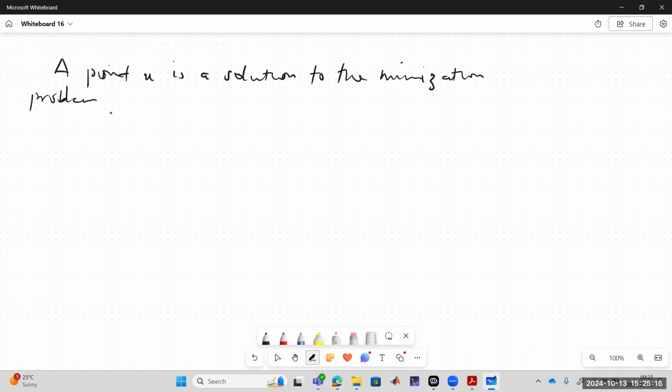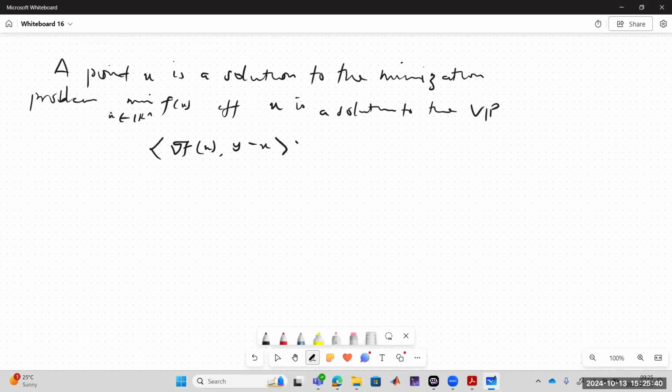Now, a point x is a solution to the minimization problem, minimize f of x in Rn, if and only if x is a solution to the VIP: the inner product of gradient of f of x and y minus x is greater than or equal to 0,